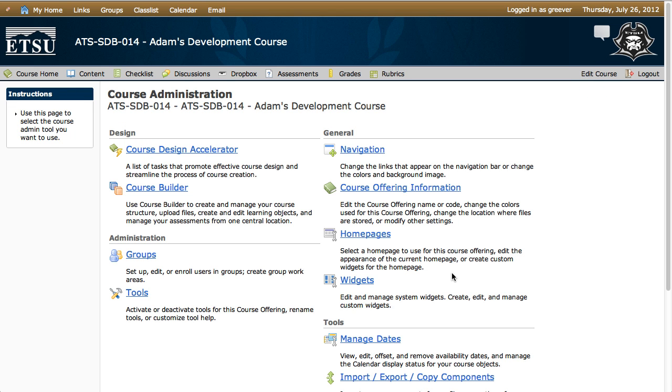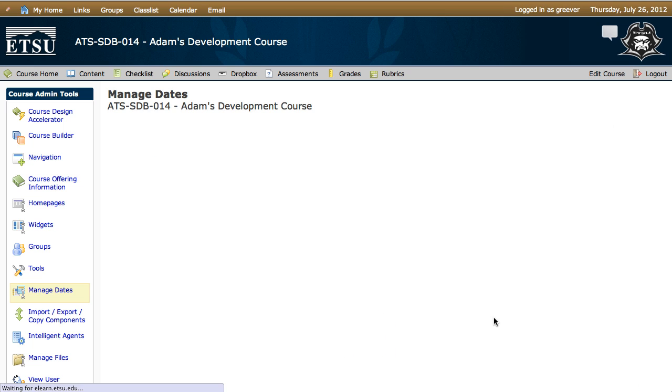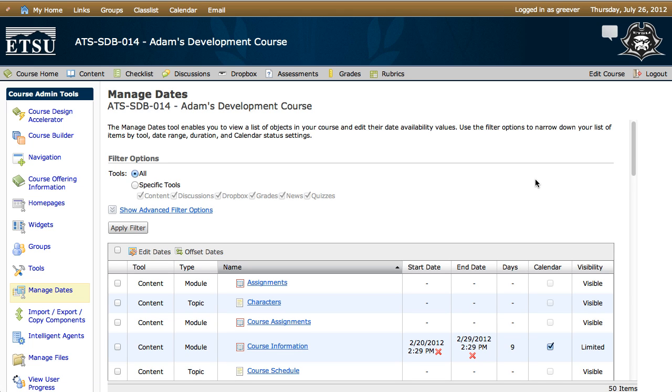The last tool that I would like to talk about in this video is the Manage Dates tool. We can find it right here, and if we click into it, it's going to take us to a page that looks like this. This is a tool that you can use to move all of the different components of your course forward. So basically, if you have a start date and an end date assigned to different content items, different discussion boards, Dropbox folders, or assessments, you can come here and move the start and the end dates forward